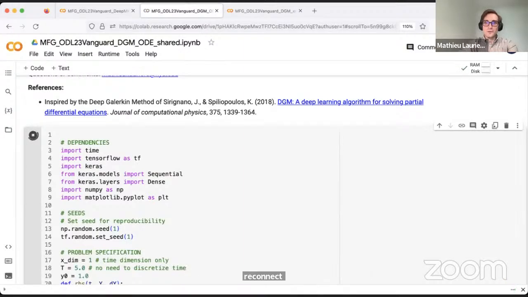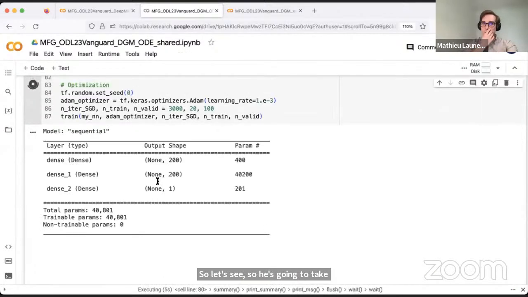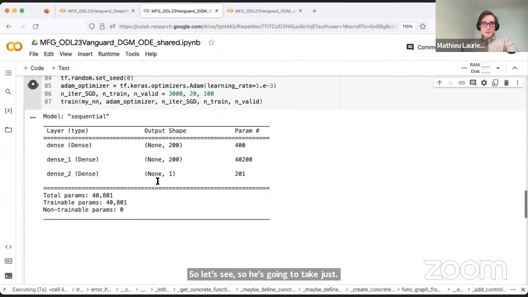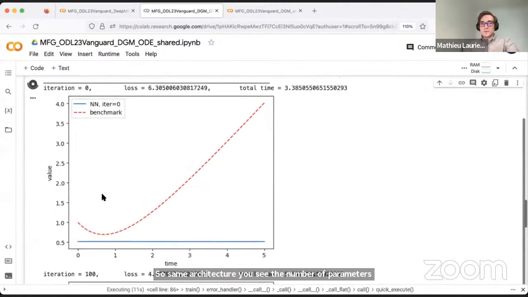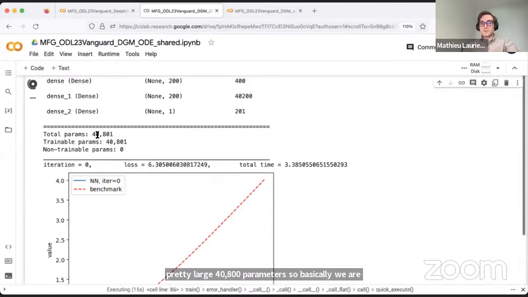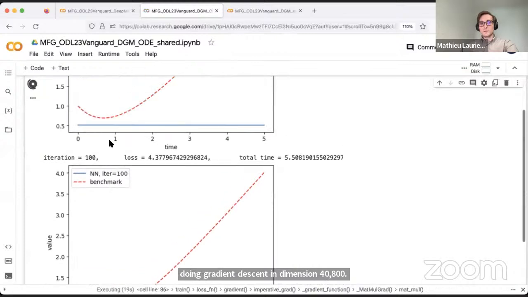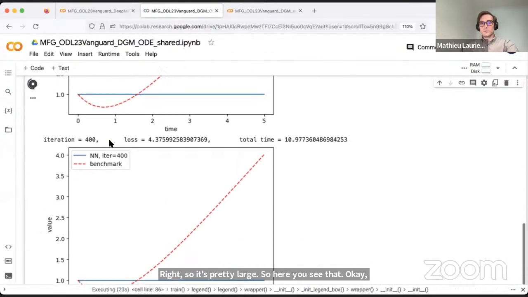So let's see, sorry, it's going to take just not so long. And now it is running. So same architecture, you see the number of parameters is pretty large, 40,800 parameters. So basically we are doing gradient descent in dimension 40,800, right? So it's pretty large. So here you see that, okay, with a sigmoid activation function, first of all, the evolution